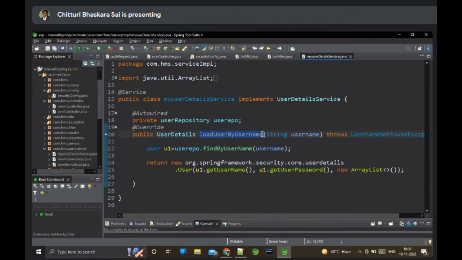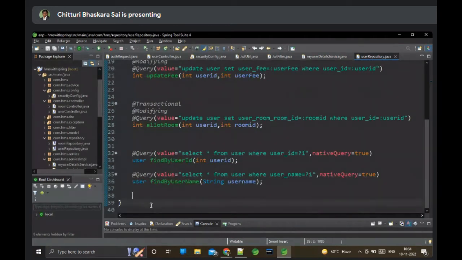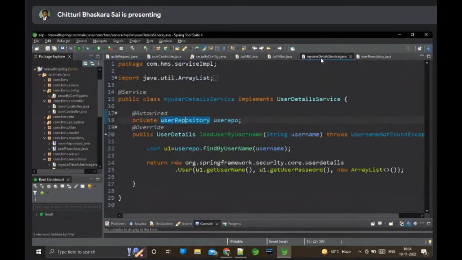So that's why we have the repository, which doesn't have any method like this, right? So we created a find by username method in the repository. You can see in the user repository we have created one unique method which is find by username. We are finding the user details based on the username that he entered. After finding the user details, I mean the user object,